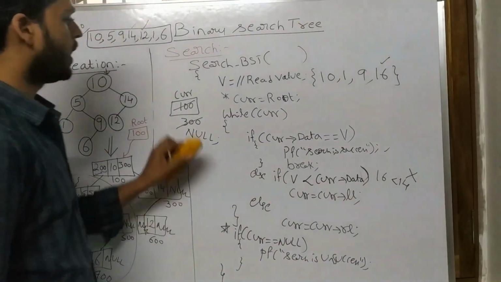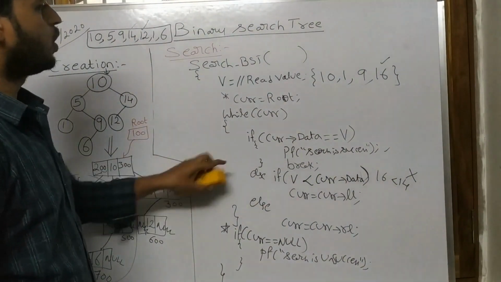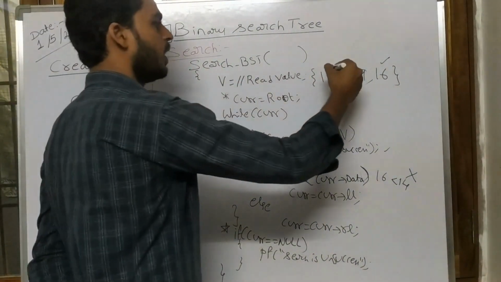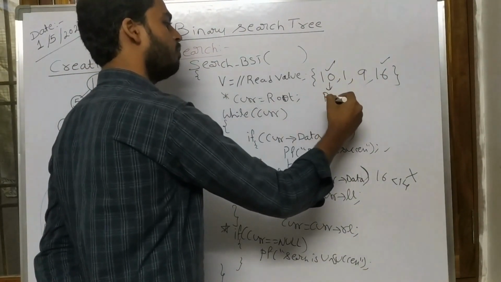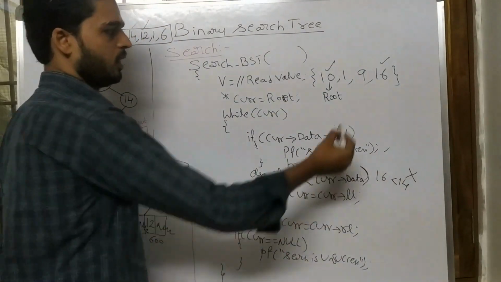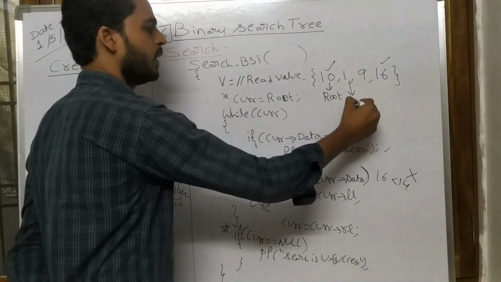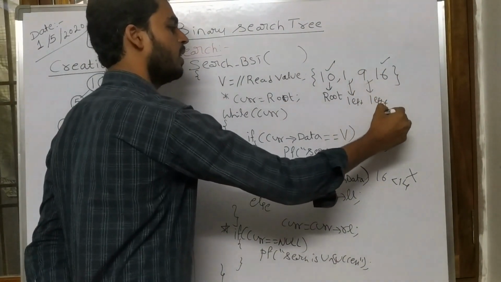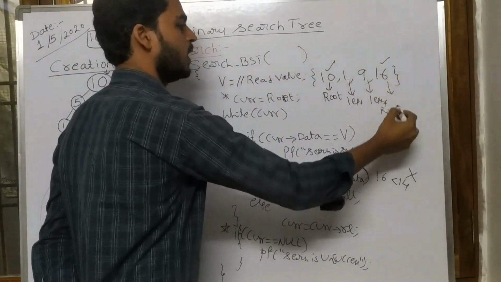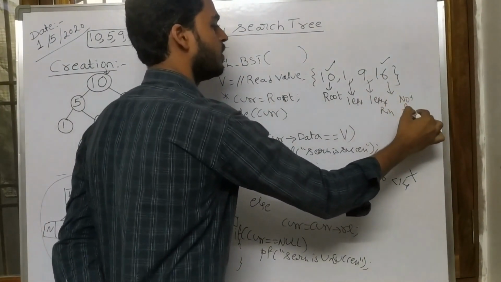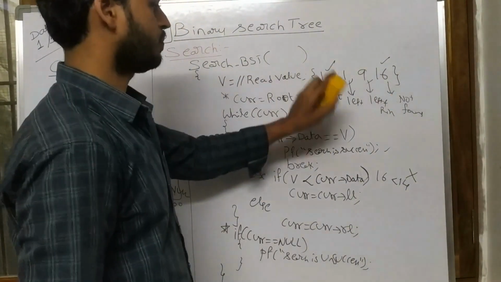So this is the corresponding implementation code to perform the search operation over a binary search tree. This is the logic for if my data is present on the root node. For that the condition is this. This is for my data present on the left side, then the right side. This is for the not found condition. Okay, don't worry about anything. That's it.